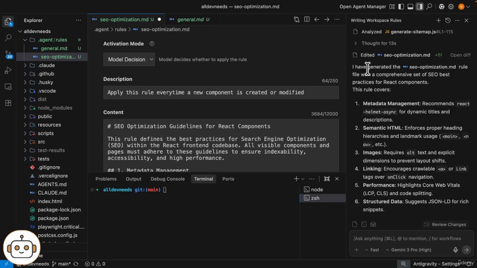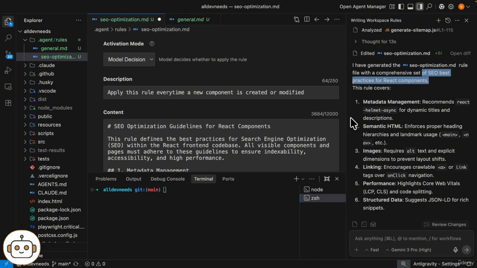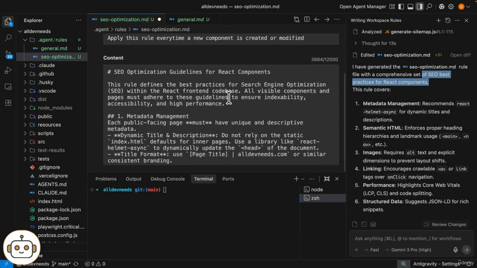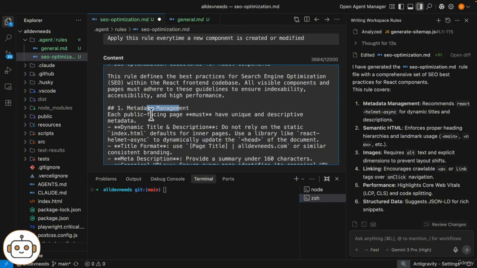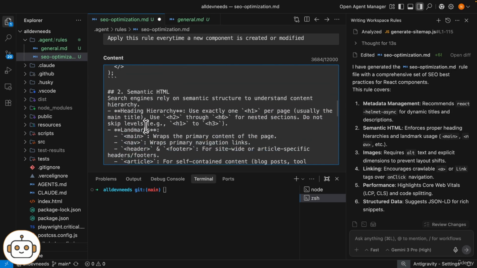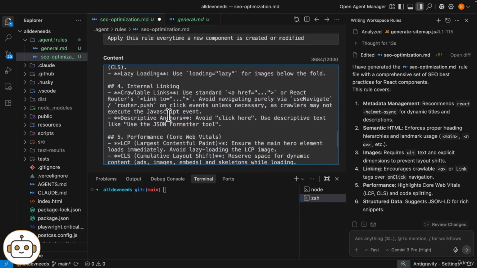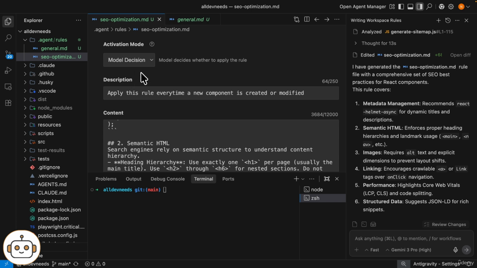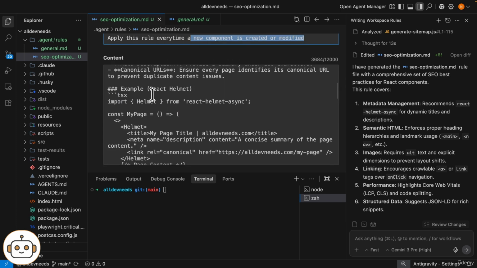So we got the response. It generated SEO optimization.md rule with a set of SEO best practices for React components. Let's see what we have here: metadata management, semantic HTML, images, linking, structured data, and all of these are included in the content, as you can see here. Metadata management, examples, semantic HTML, internal linking, and it also added a new checklist for new pages, which is great. So let's summarize this specific rule. It is activated by model decision only when a new component is created or modified, and these are the best